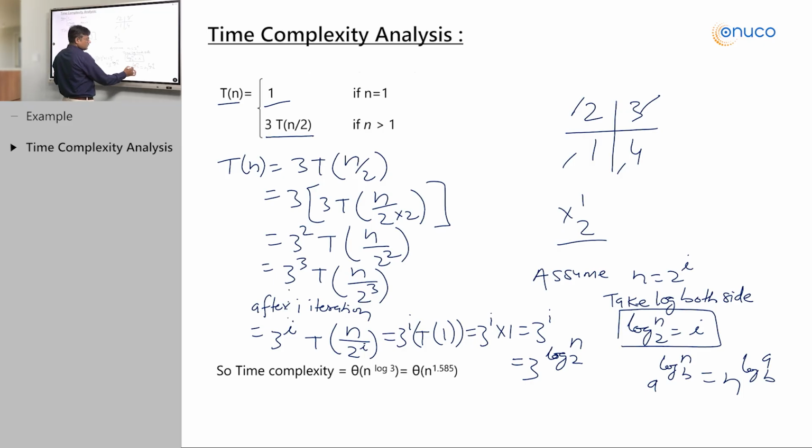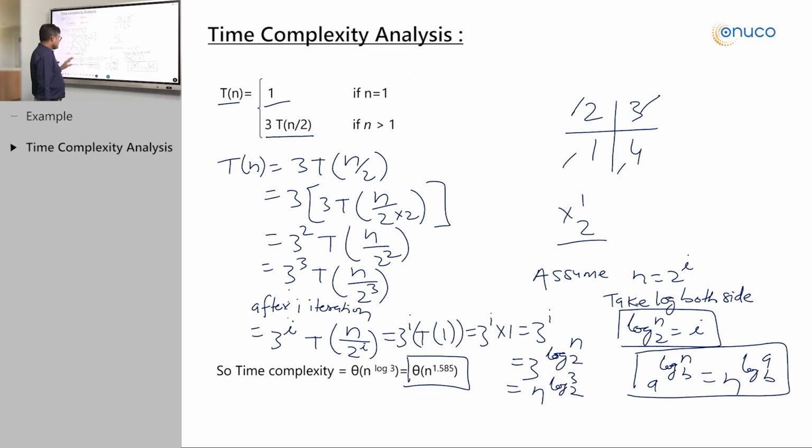Again, I will repeat, a to the power log n base b can be written as n to the power log a base b. n and a get swapped. So by using this property, we can write it here as n to the power log 3 base 2. And log 3 base 2 is going to be n to the power